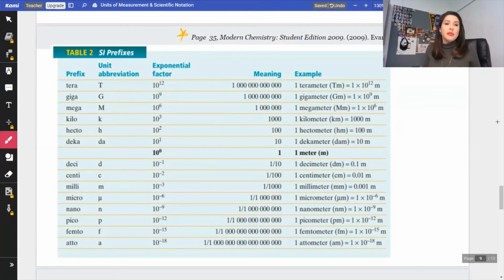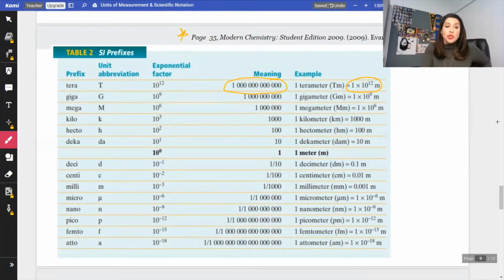These are all the different prefixes you may be asked to convert between. Why would we want to convert? Well, maybe it's not very convenient to write out 12 zeros. Maybe we need to convert that into something a little bit more manageable, a little bit easier to write on a piece of paper or in a word problem. And so we're going to use scientific notation and these unit prefixes in order to convert between different units of